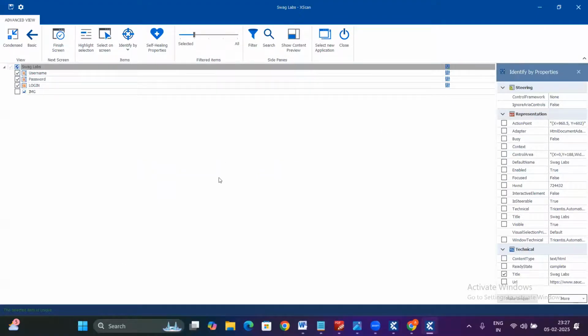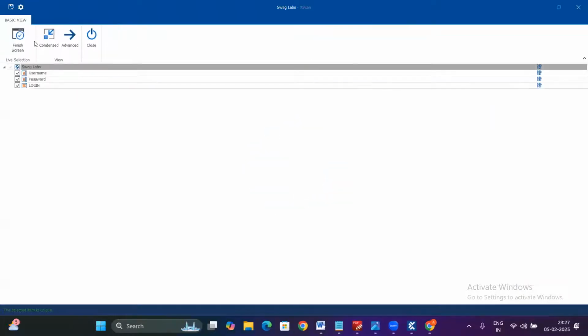So by default, we identified the properties here, right? Username, password, and login. So these are the representations and values of the objects. So you can go back to basic, click on basic, right? Then you can save this, click on save at the top left corner. Once it is saved, click on finish screen. Now we can close this